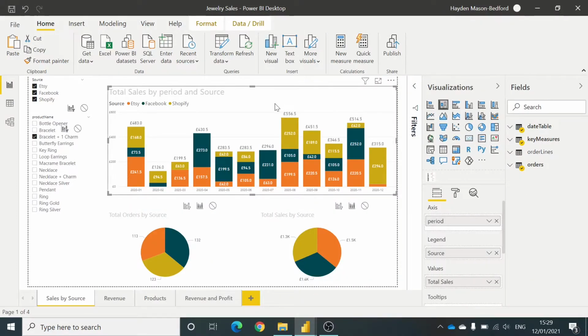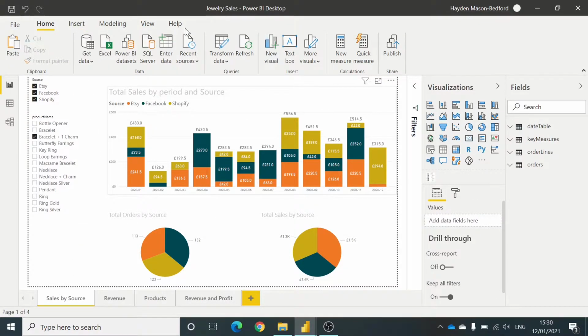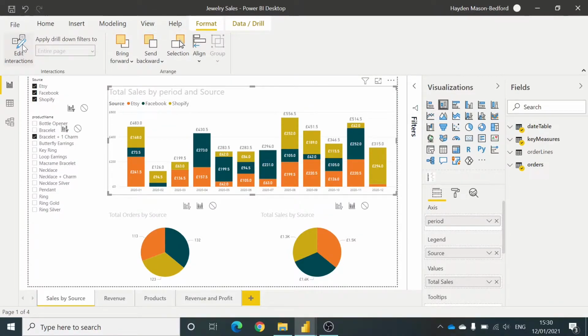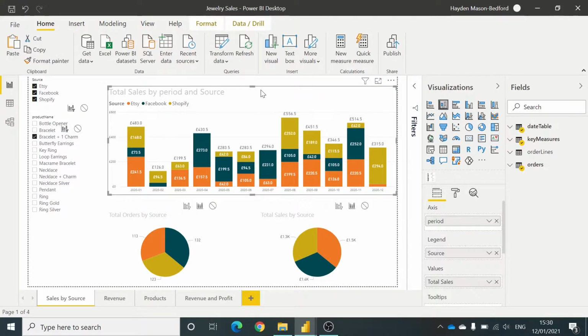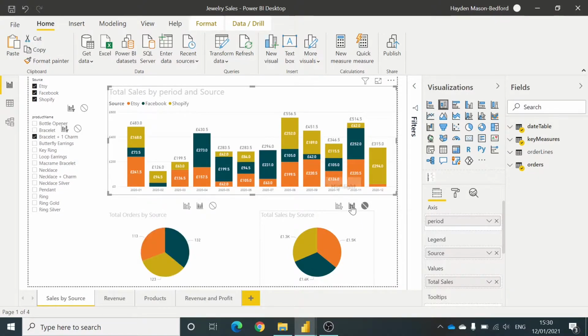First of all, I'm going to move to this jewelry dashboard that I've created. It's all with test data. And what I've got here is edit interactions. Once you select a visual, the format tool here provides this edit interactions option. Once I click on that, you can see that these different events appear here. As I've selected on this visual, it will show me how each of these visuals will interact. So for example, if I select none and I select a filter here, this filter doesn't change at all. However, if I select highlight,